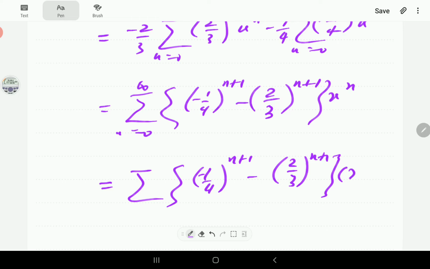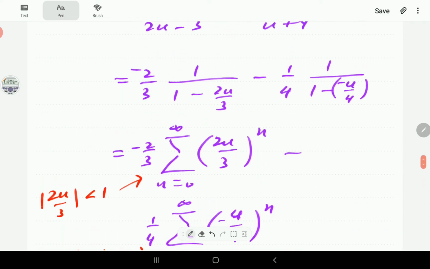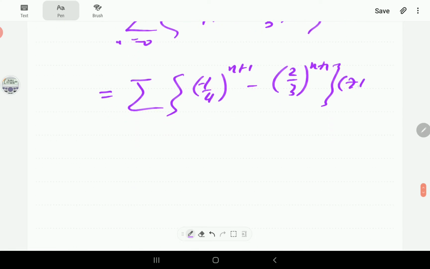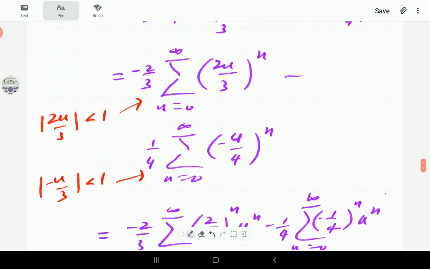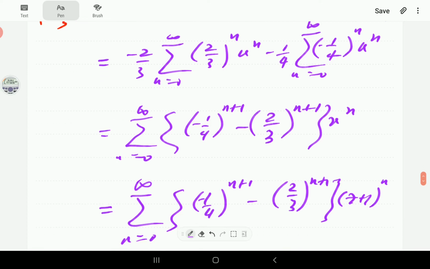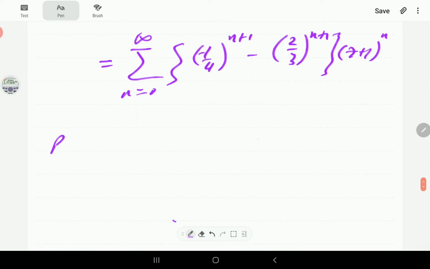Now u is z plus 1, so z plus 1 here to the power n. So that is going to be the Taylor series for this f of z. And then when it comes to the region of convergence,